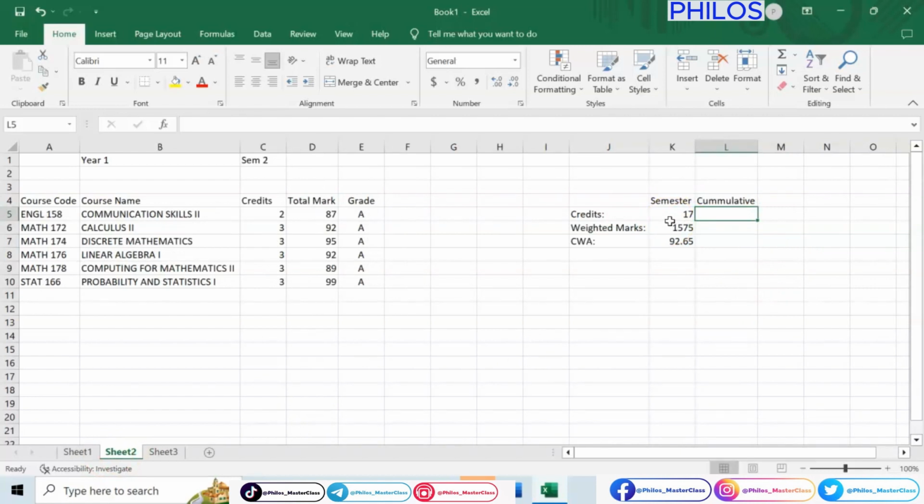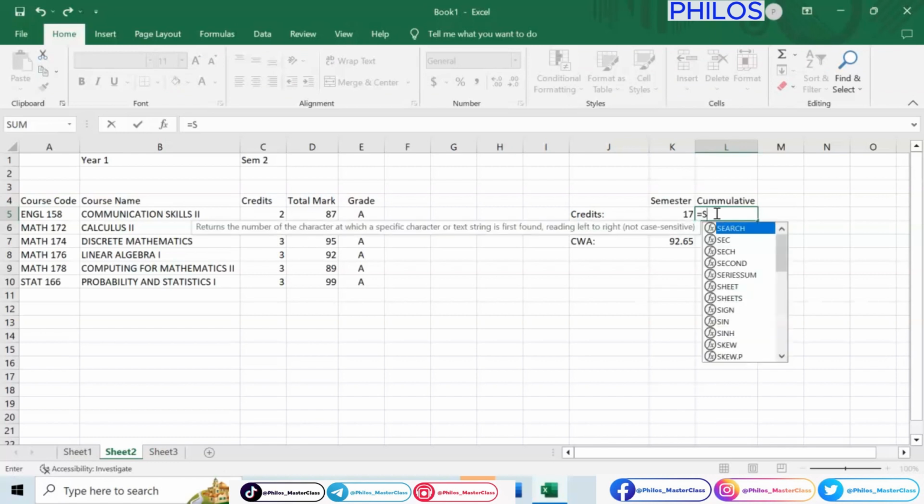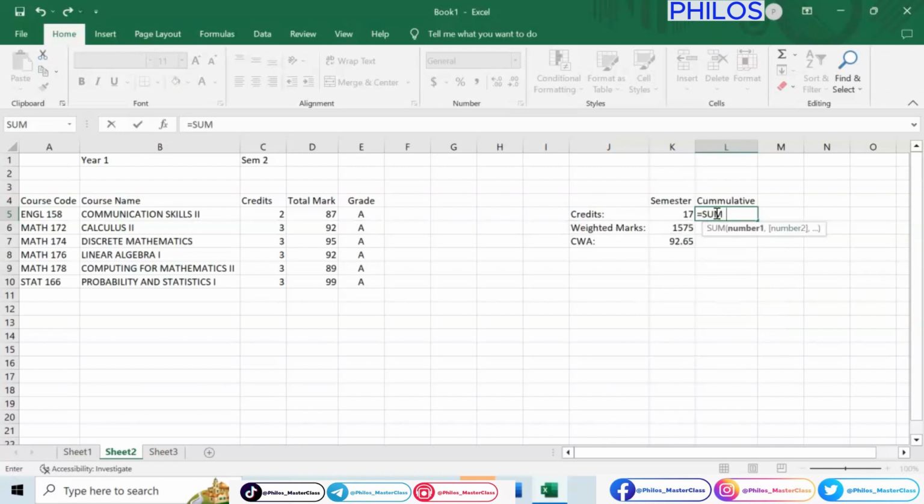But what if the semester is up to 8? It will be stressful doing it one by one, okay? So the formula we are going to use here is, you enter equals, okay? Now when you enter equals, then you say sum, then open bracket. Now, when you enter sum, open bracket, then you type sheet 1,